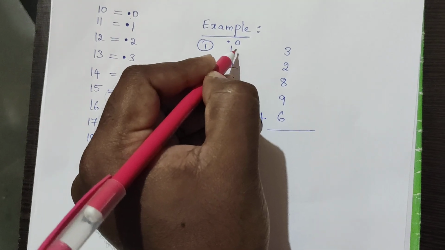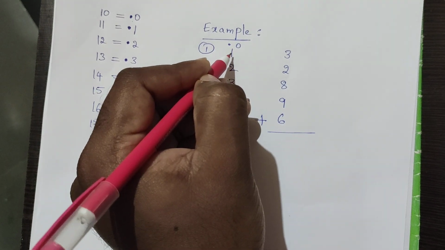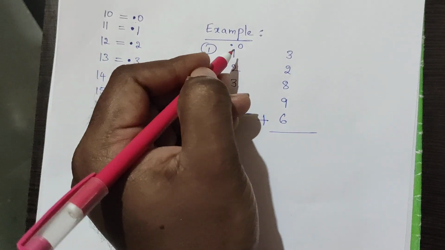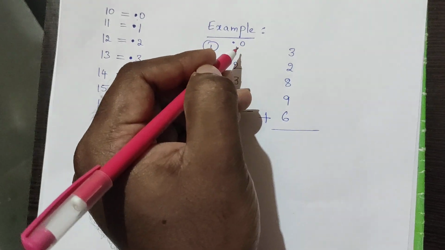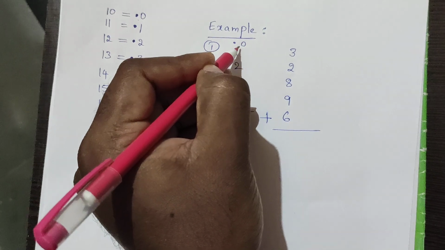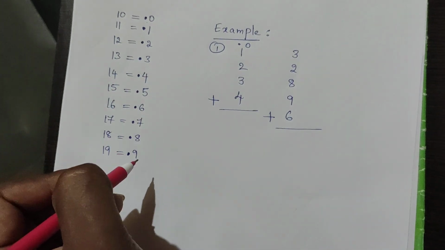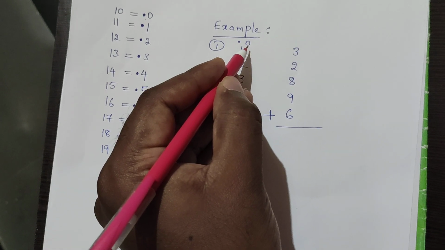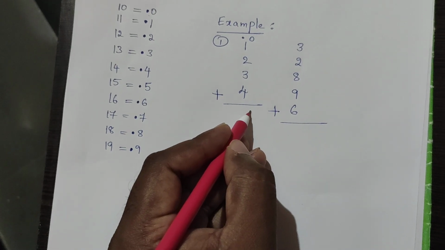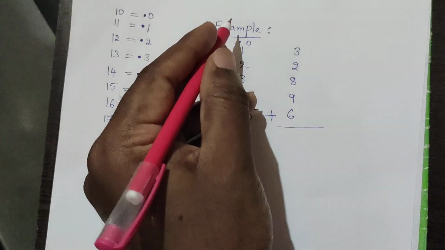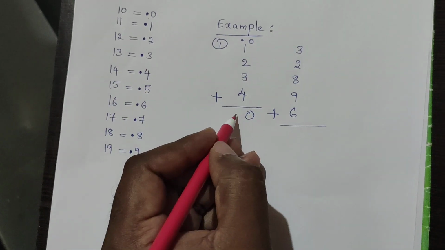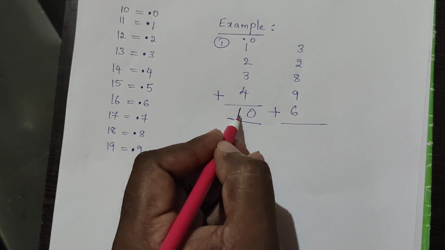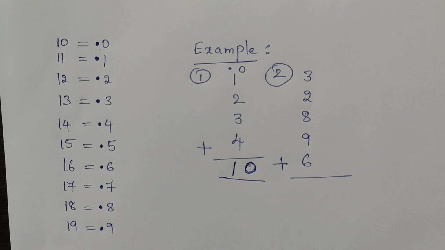Above the digit, whatever we got, 10, 11, 11 or 12, anything, convert into dots. Then dot 0. This is the ones place, and the ones place will not be changed. Whatever the topmost digit in the ones place we got, write that directly here, and count how many dots we got. Only one dot, then write in place of tens. Then what is the answer? 10. The answer is 10.